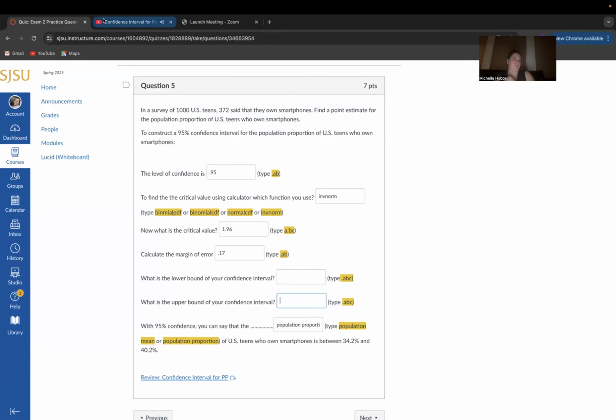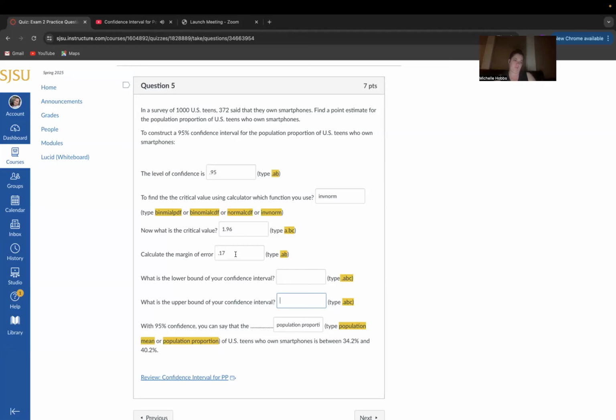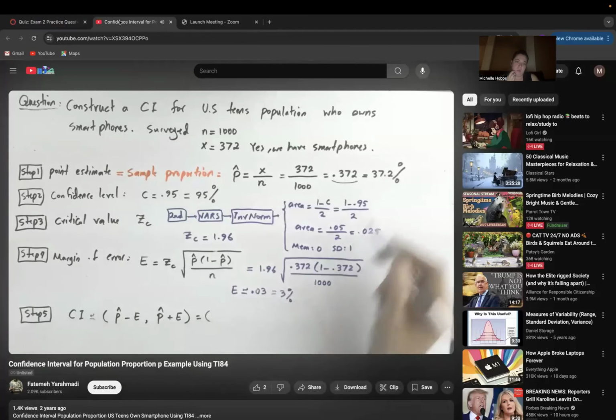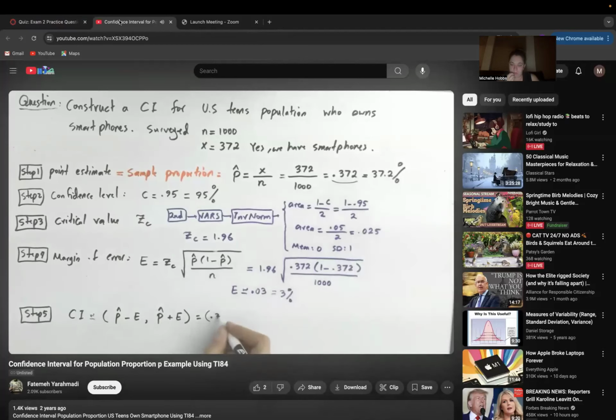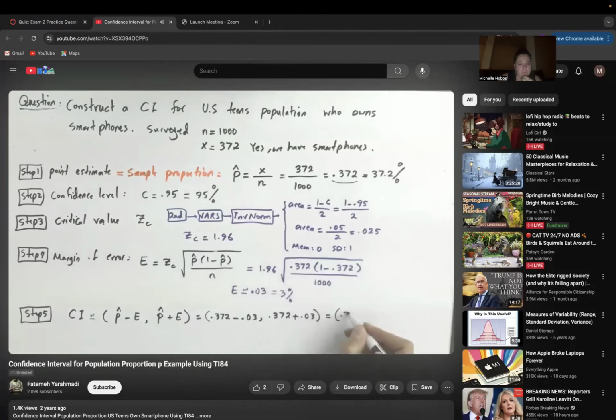So the confidence interval is equal to, let us open the parenthesis, p hat minus margin of error, comma, p hat plus the margin of error. Again, these are all approximations. So it's going to be p hat, which is 0.372, minus the margin of error. This interval is about 34.2%, 0.342, and